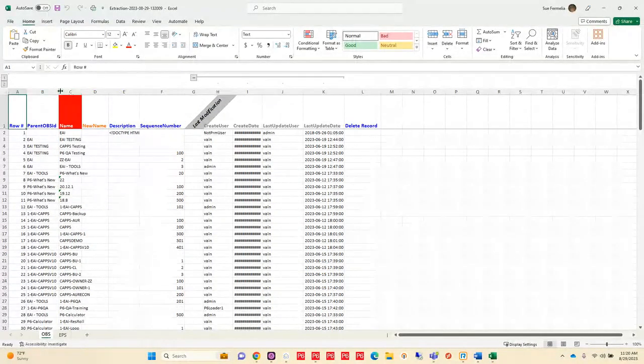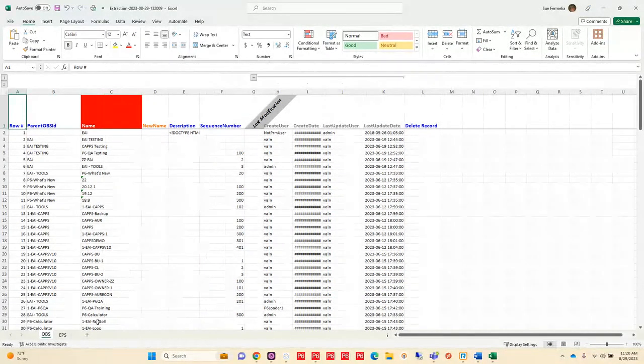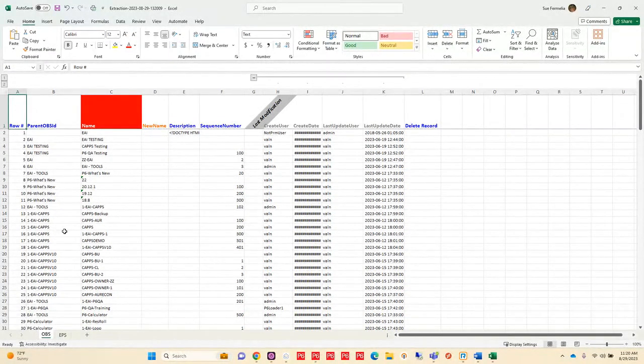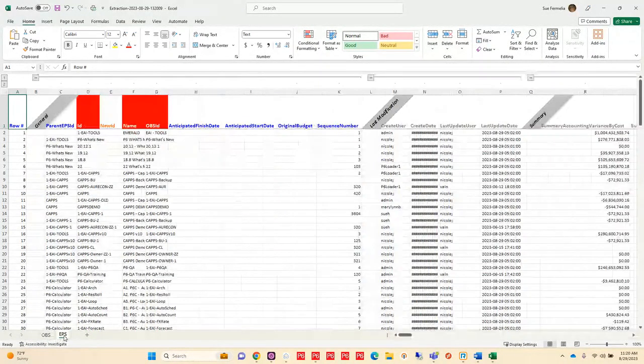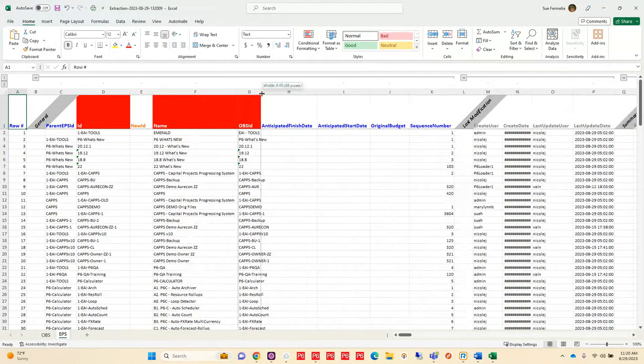So what I can do here is explain what all of these colors and things mean when I extract data with P6. First of all, I have two tabs, one for my OBS, one for my EPS. So each module is going to come out in its own tab. And when I'm talking about the columns and their colors,